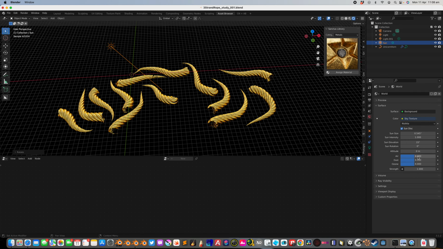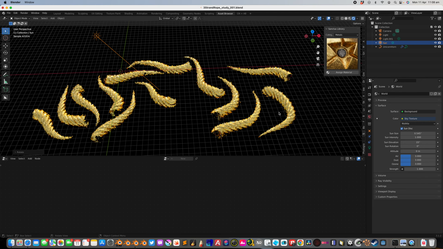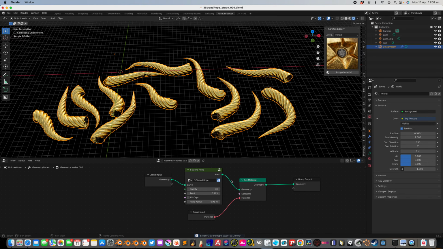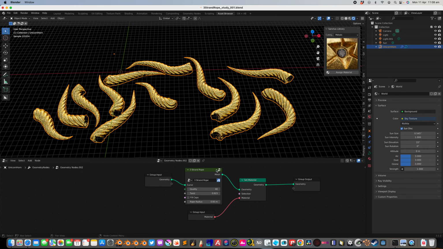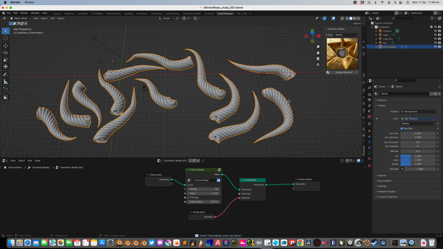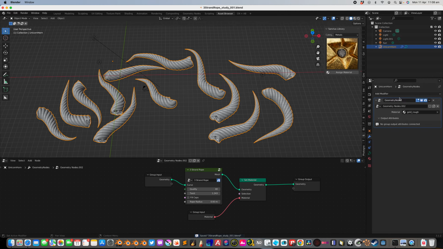Add a bit of atmosphere there. So yeah, that's the result with the horn. You can play around with the twists. The twists have control, and if you want to have a little bit more detail, you can perhaps